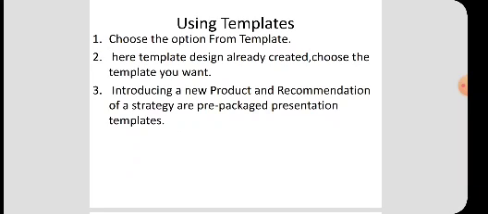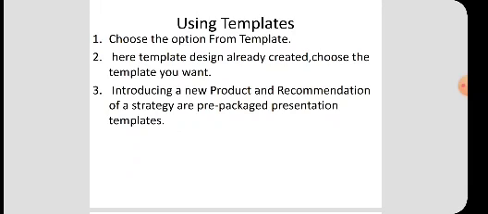So the wizard changes to show a list of available templates. So we have to choose the template that you want. And here there are two pre-packaged presentation templates, introducing a new product and recommendation of a strategy. So you have to choose any one from that.